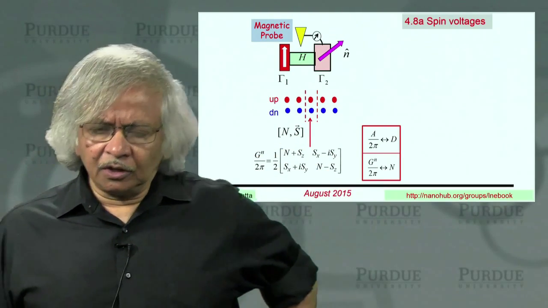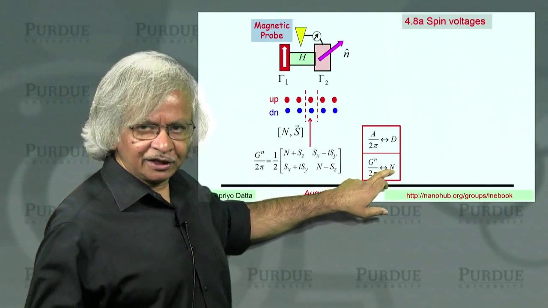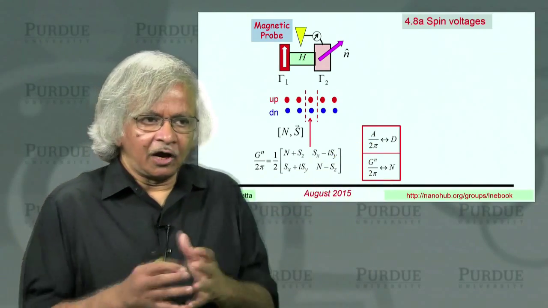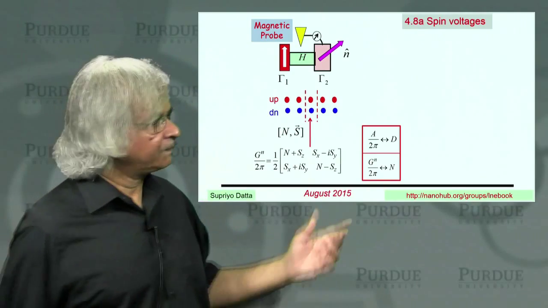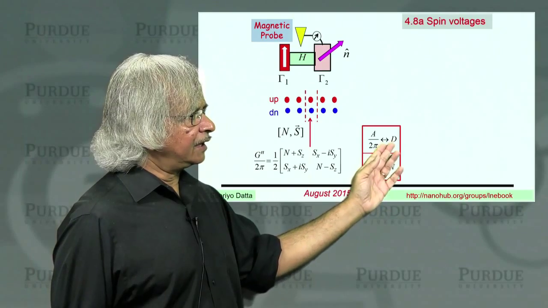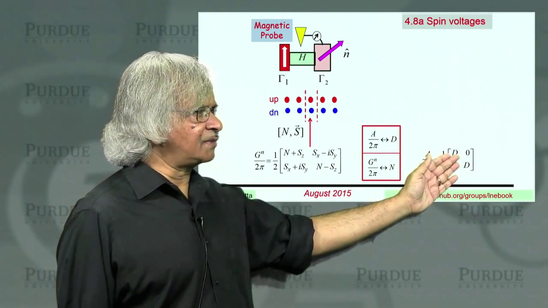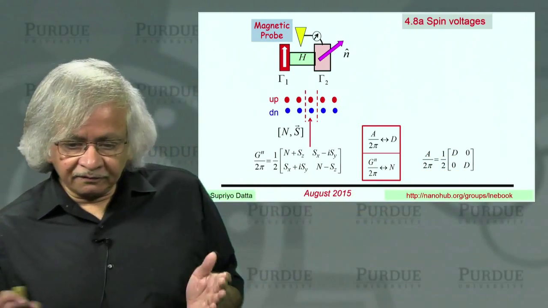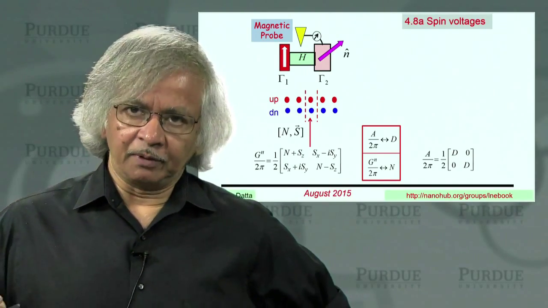Now, let me start by noting that, just as Gn tells you electron density, A tells you density of states, that is how many states there are, whereas Gn is how those states are occupied. And what we'll assume is that in this material, the density of states part is completely non-magnetic. There is just as much upspins as downspins. And the only reason the device might have more spins of one type is because of how they are occupied.